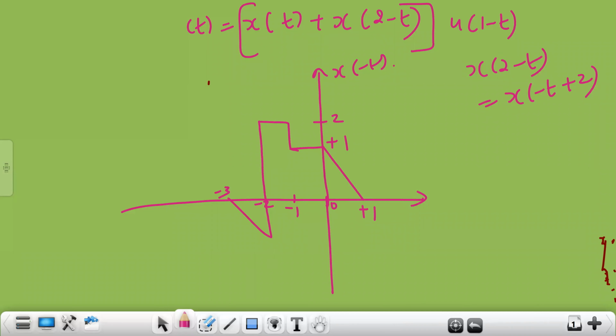So after drawing the right shifted version, the signal will be confined from where to where? Anybody? We are going to shift this towards right. Why? Because as per our rule, x of minus t plus t naught should be shifted towards the right side by 2 units. So the signal will be confined from which time to which time? -1 to 3. Yes. So the same shape you are going to draw from -1 to 3 after shifting the signal towards the right side by 2 units of time.